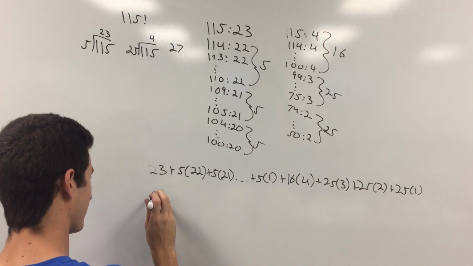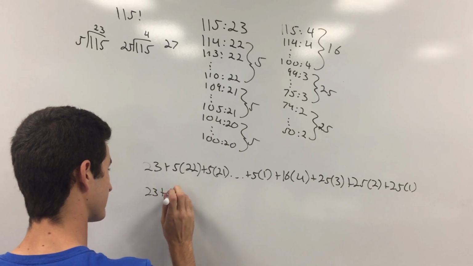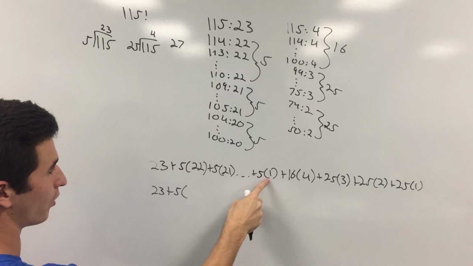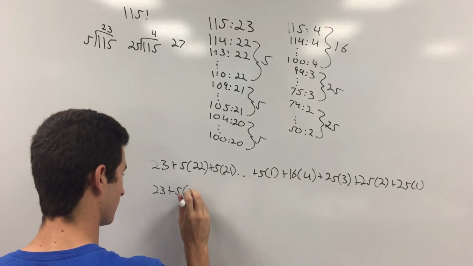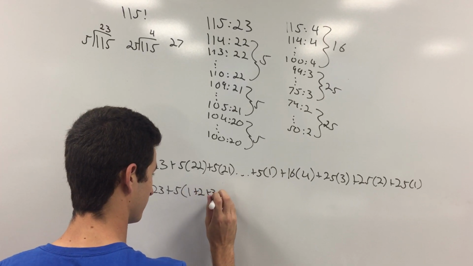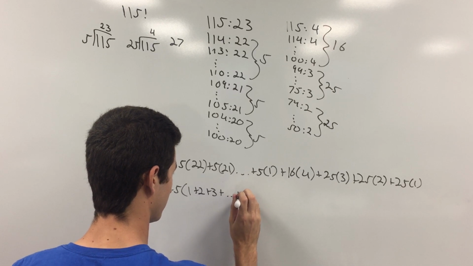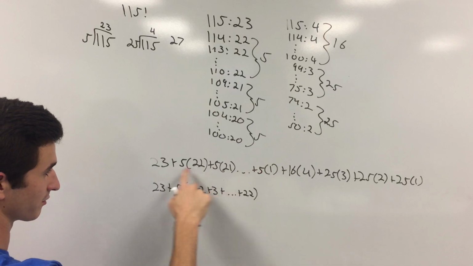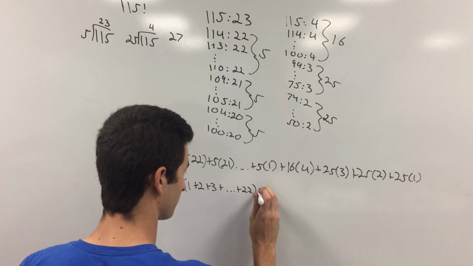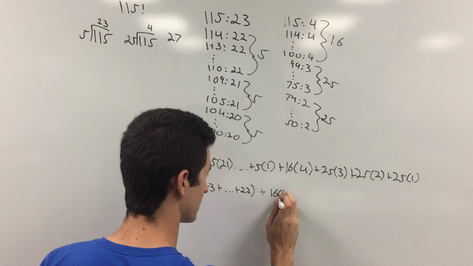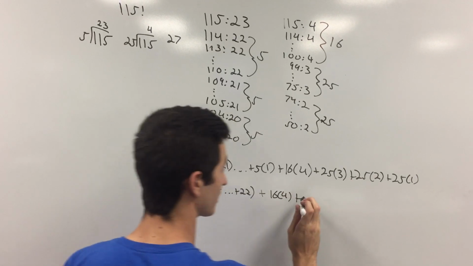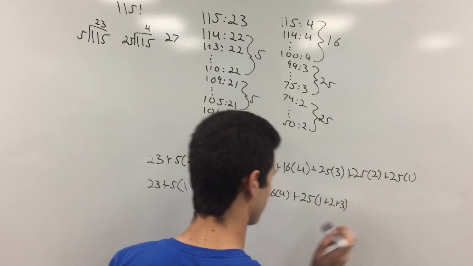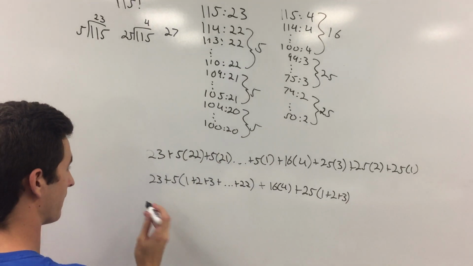So let's just rewrite that as 23 plus 5. I just took the 5 out of here, and then I'm just going to switch it like 1 plus 2 plus 3, all the way up to 22. So I just factored out a 5 in between from here to here. Plus 16 times 4. I'm going to do the same thing here. Factor out 25. And then